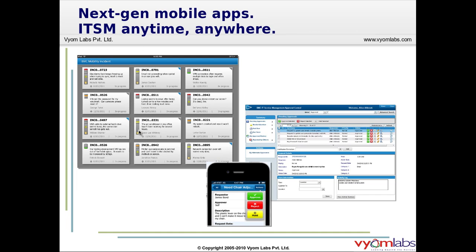Now we have a next generation mobile application called MyIT and SmartIT. MyIT helps us in accessing the Remedy system from mobile devices. We can configure this MyIT. It is integrated with service request management. All our catalogs which are published will be accessed through the mobile devices. Then customers can request them, and then they can track